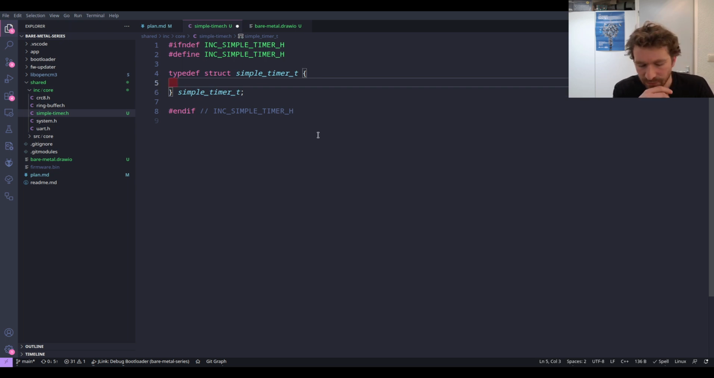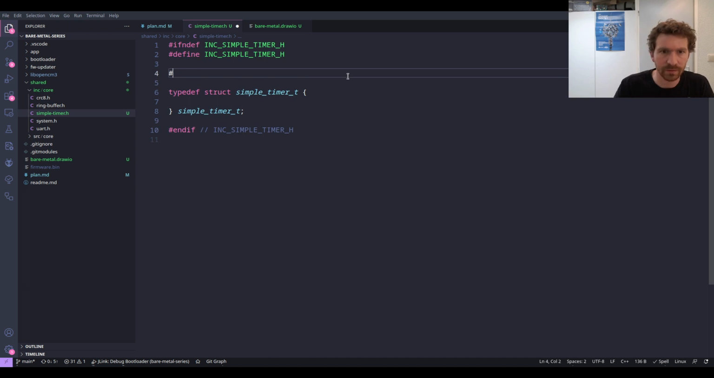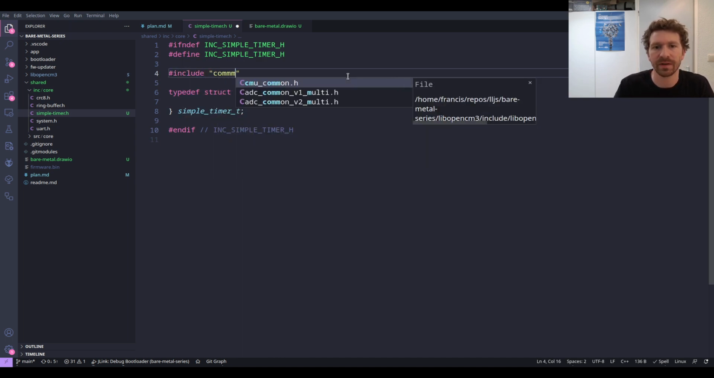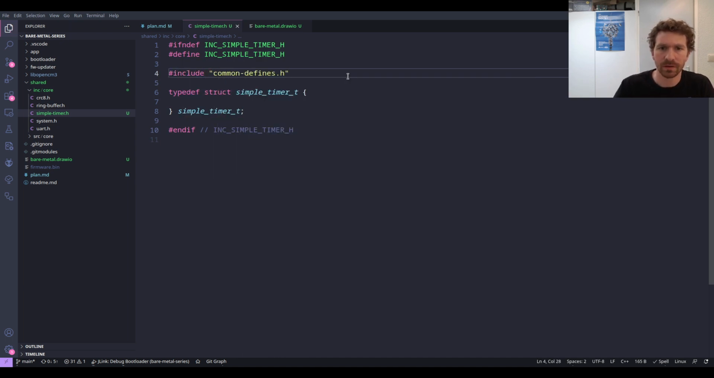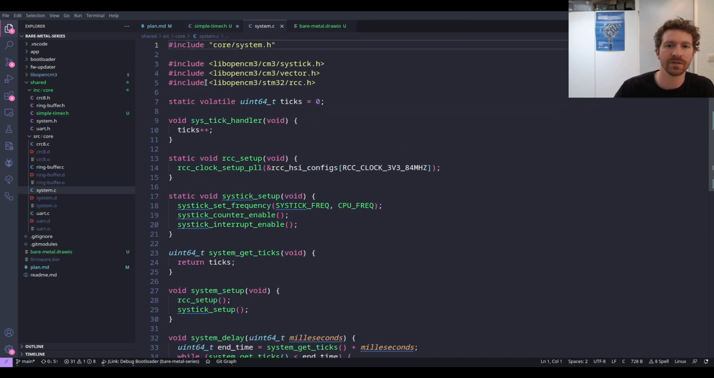And what do we need to keep track of here? Well, we're going to need to bring in common defines, because without common defines, we don't have any conception of what a uint is or something like that. So what we need to keep track of, and remember what the system keeps track of in terms of ticks,